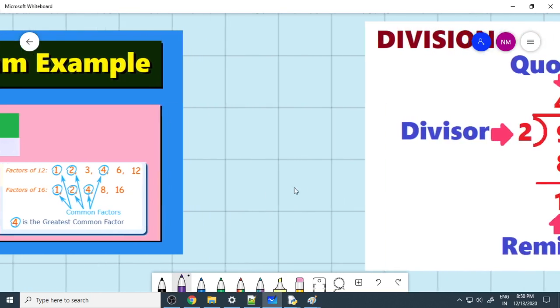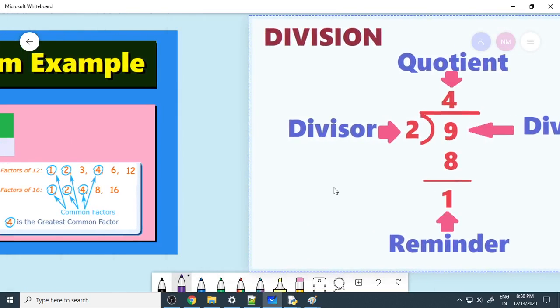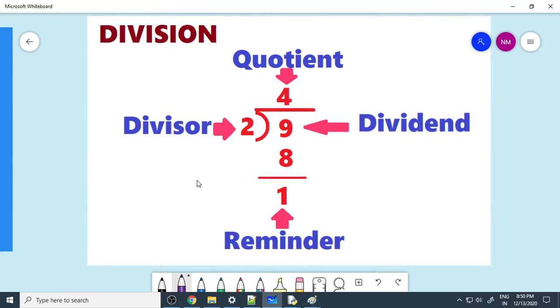Anyhow, in order to do this, we should know the division. In case of division, you can see here, this is the dividend, the number, and here is the divisor. We're going to divide this number, and here is the quotient, and here is the remainder. When I talk about the factors, there should not be any remainder. Remainder should be 0. You always have to get the 0. If you get 1 or 2 or any number, then that does not completely divide that dividend.